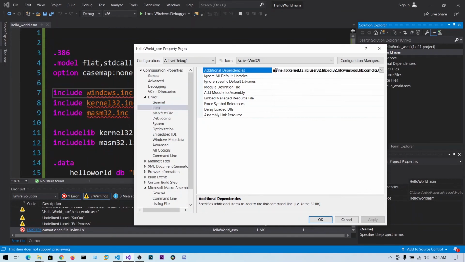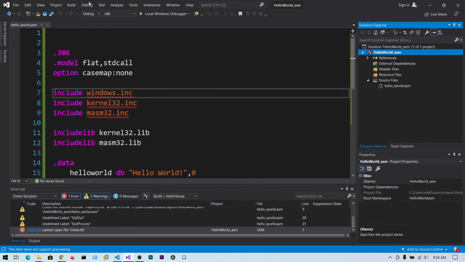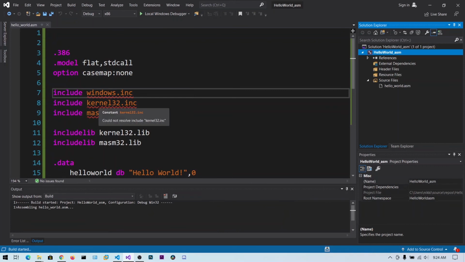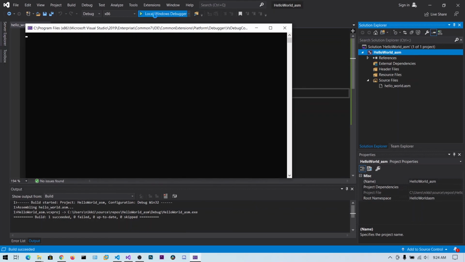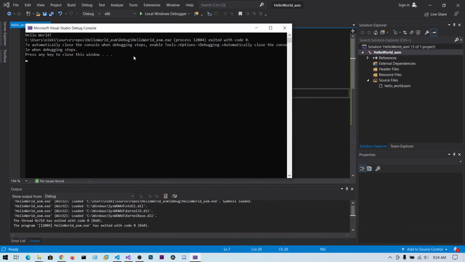So let's do that. Let's click on OK. Now let's build this solution. So that's the problem. So the Irwin32.lib. Okay, now no issues are found. Let's run this program. Click on local Windows debugger. So you can see the hello world program output.